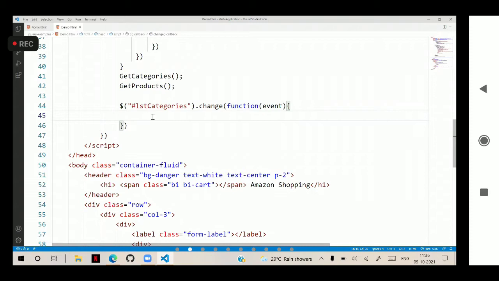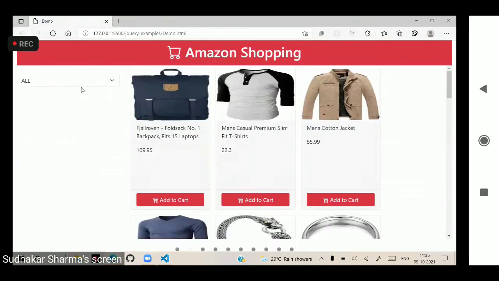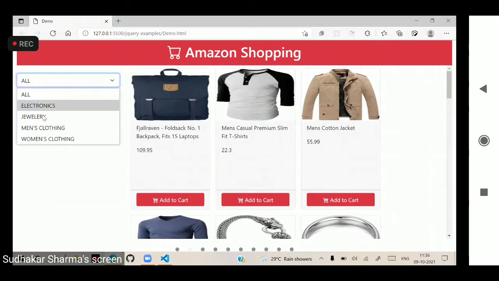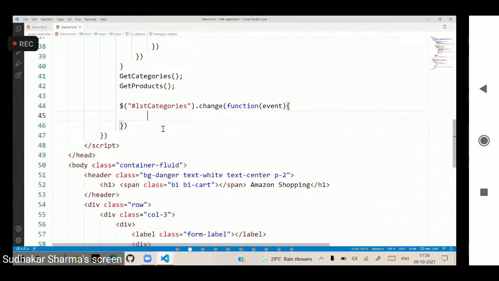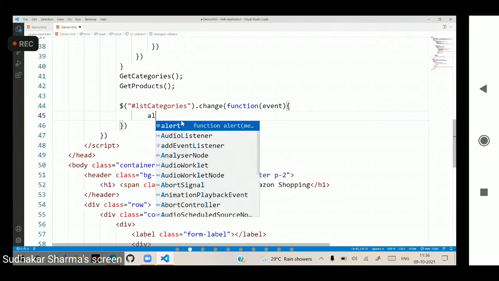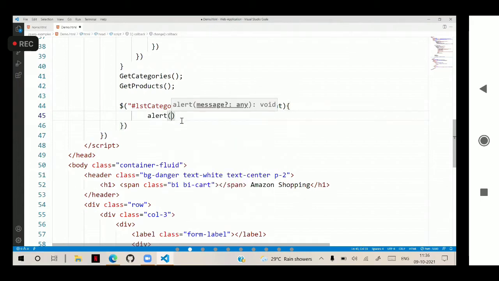The event argument is there. Now what should happen here is, we need to define on change. We have to collect this value. That means I will just use the option like this. Temporarily I will put an alert to test whether it is coming or not.